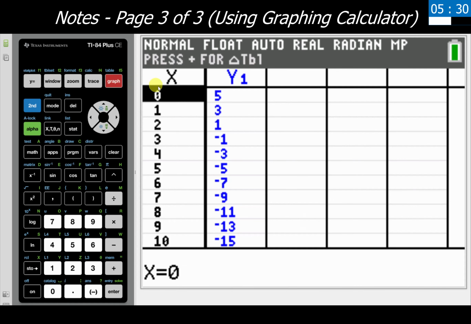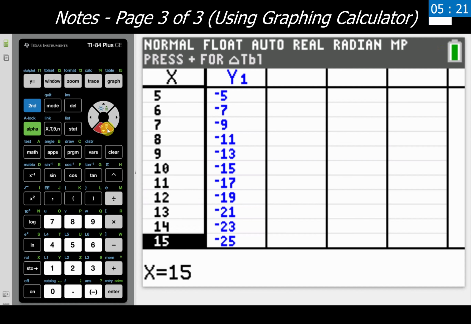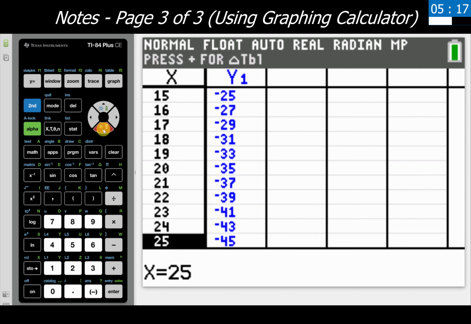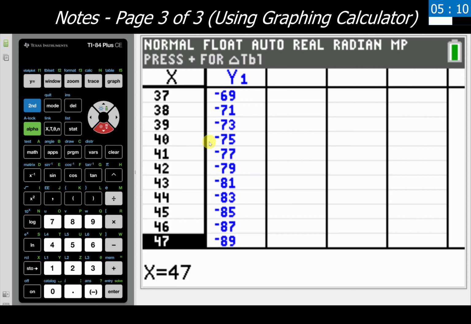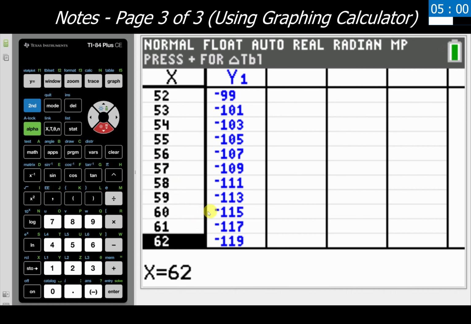Now we're noticing here we've got 0, then we've got 1, 2, 3, 4, 5, 6, 7, 8, 9, and then we get to 10. We can keep scrolling up and down until we get to 20 right there, and then we would have 30 right there. Keep scrolling down, and here we have 40. I think we need 50 and 60. I'm looking at it on a different screen. Yeah, 50 is written in right there, and then 60 at the very end.